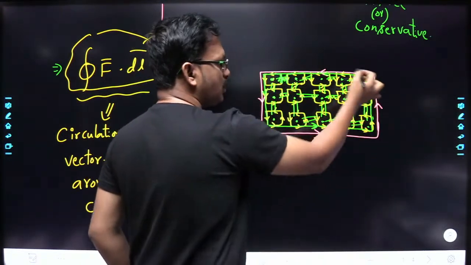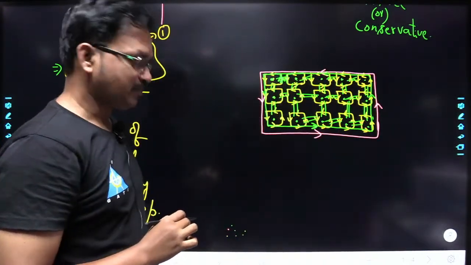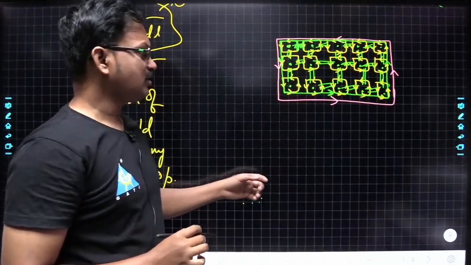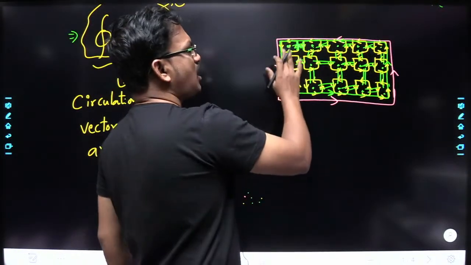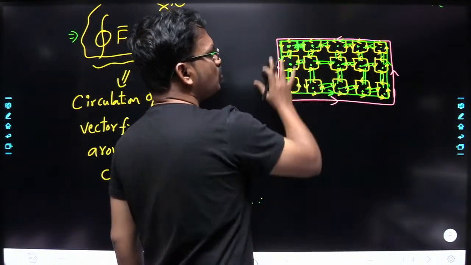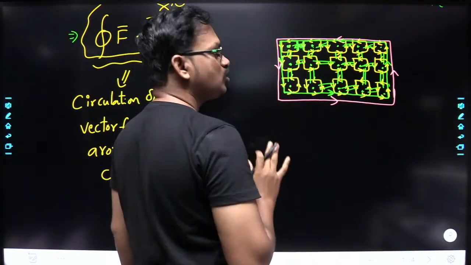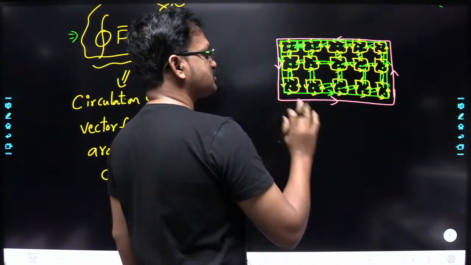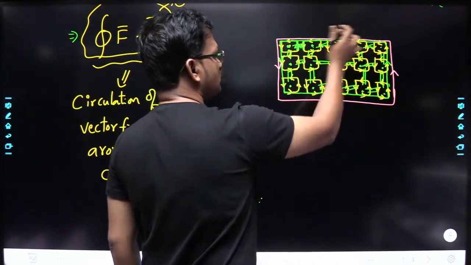Only on the outer loop, right? So that means if you add up the circulations about each and every point throughout this surface, finally you are going to get the circulation of the field around this closed loop,